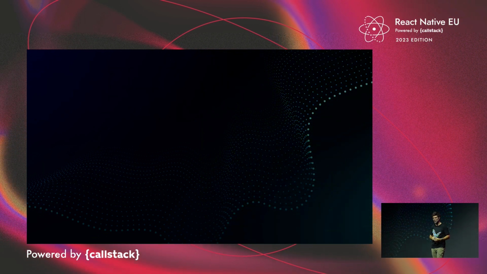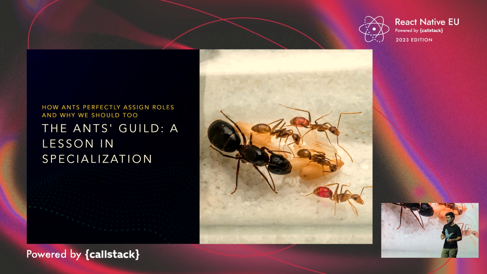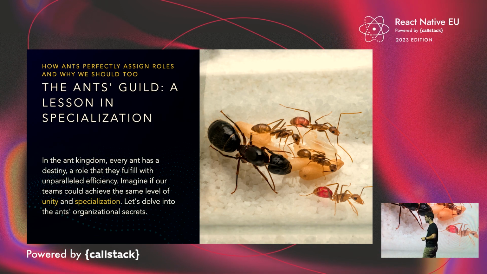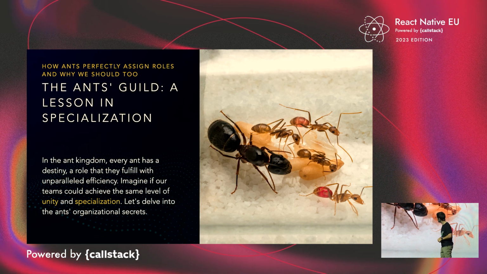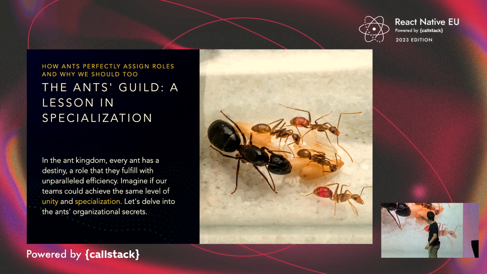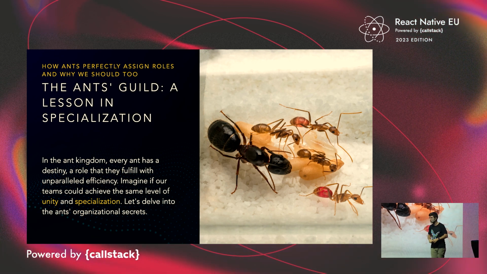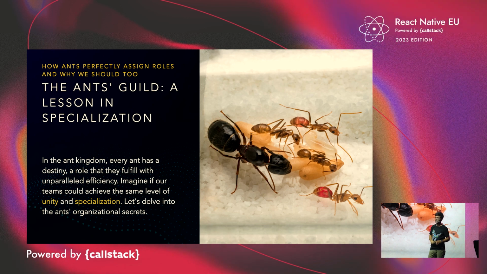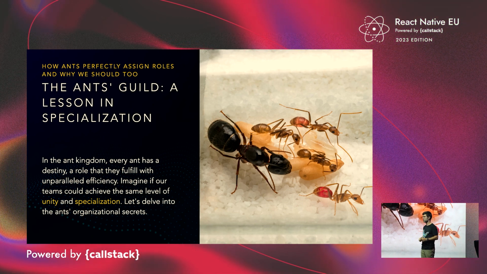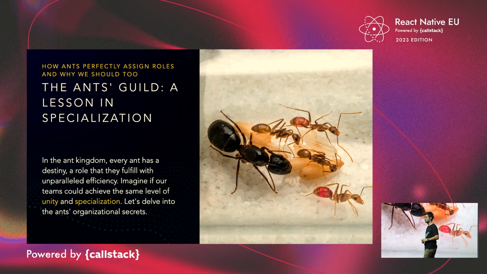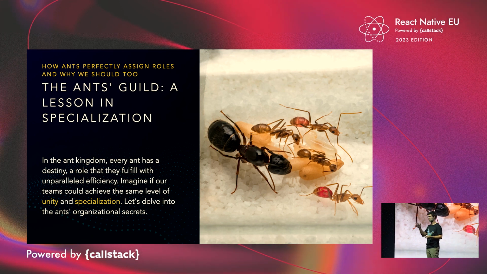The second point that I want to talk about is specialization. And many times we see the ants. So here you see in the picture multiple ants. This is the queen, and there are some workers. The interesting fact about the different specialties of the ants is that depending on the protein they eat, they evolve into a different type of worker, and they have their different tasks.